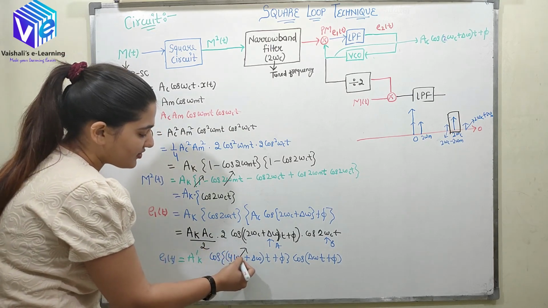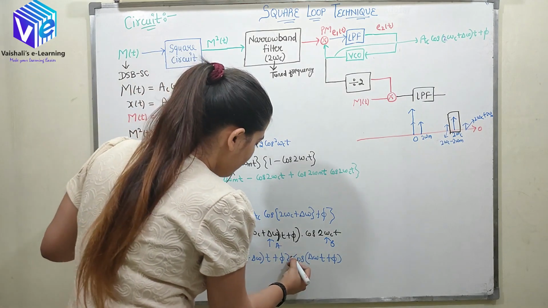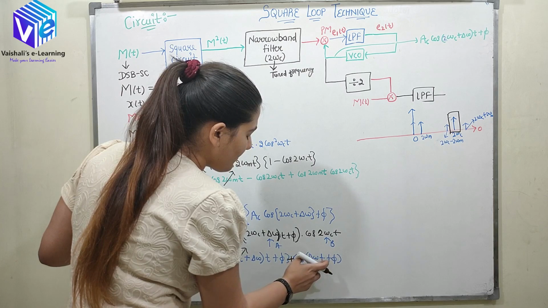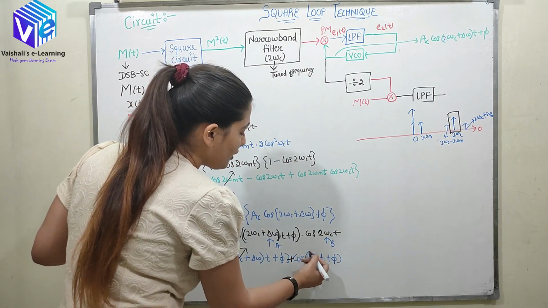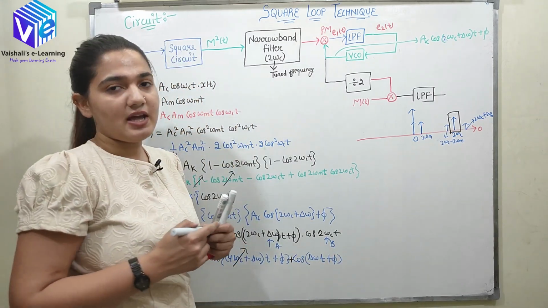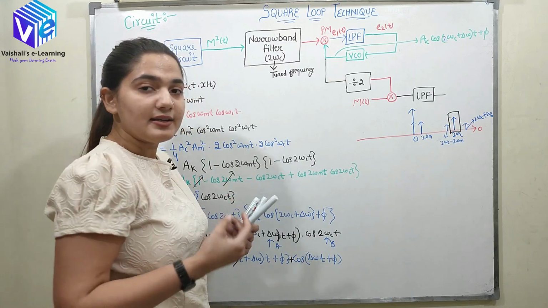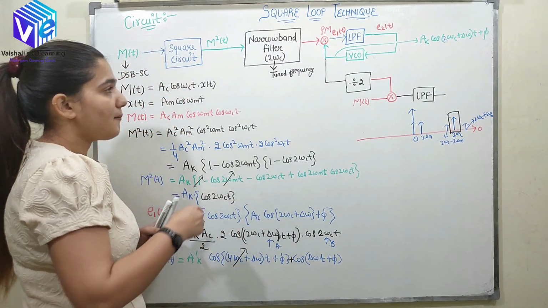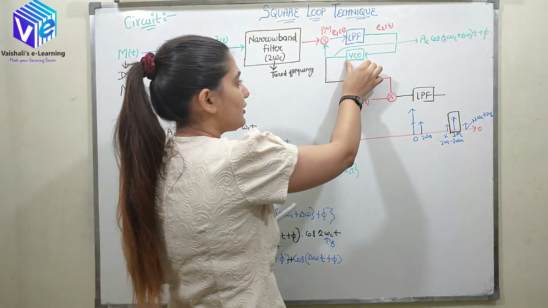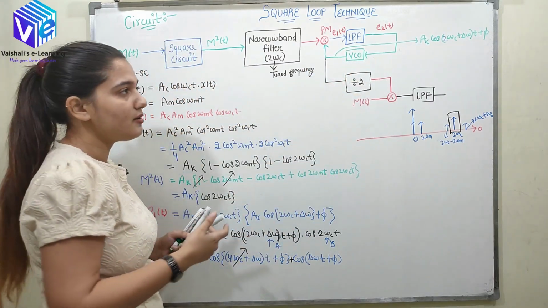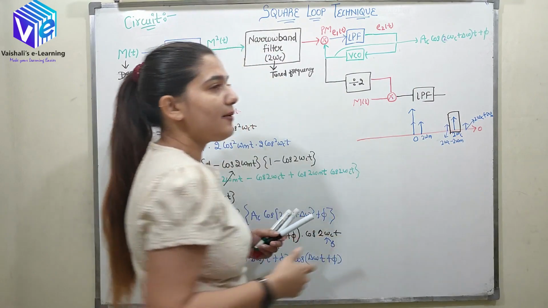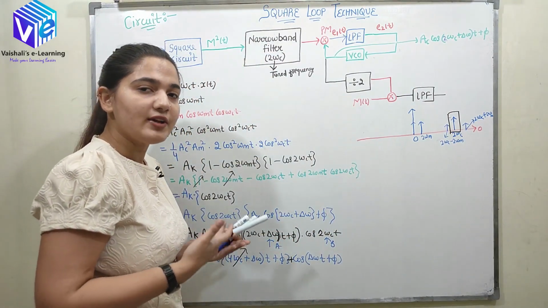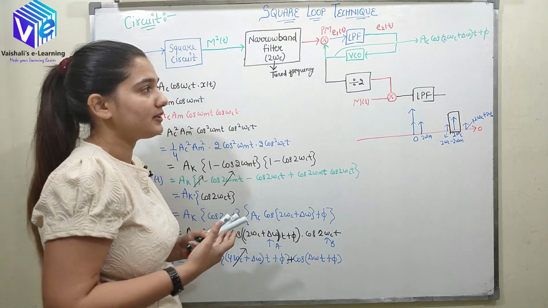So this signal is rejected by the low pass filter, but this signal is cos of delta omega t plus phi. You can know that delta omega is the frequency error. So the frequency error is very small when I compare it to the normal frequency, because with the help of the voltage controlled oscillator, the signal which I locally generate, I want it to be exactly the same as the signal of the carrier which is generated in the transmitter.